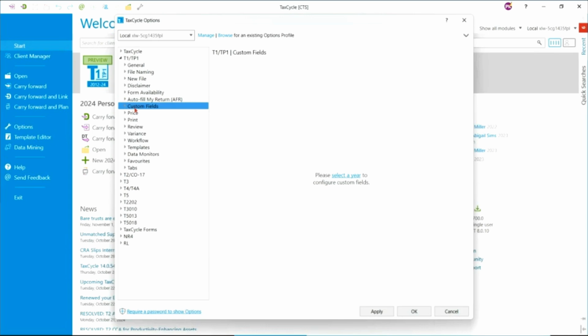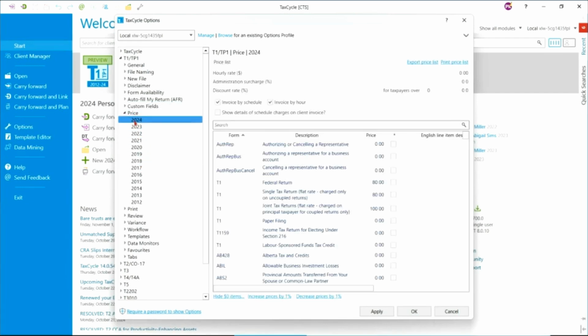Let's discuss pricing options in the T1 module here. For that, once you have the options open and under the T1 module, you will be able to find the pricing options, and you will be able to see all of them according to the years as well. And let's say if you want to look into 2024,